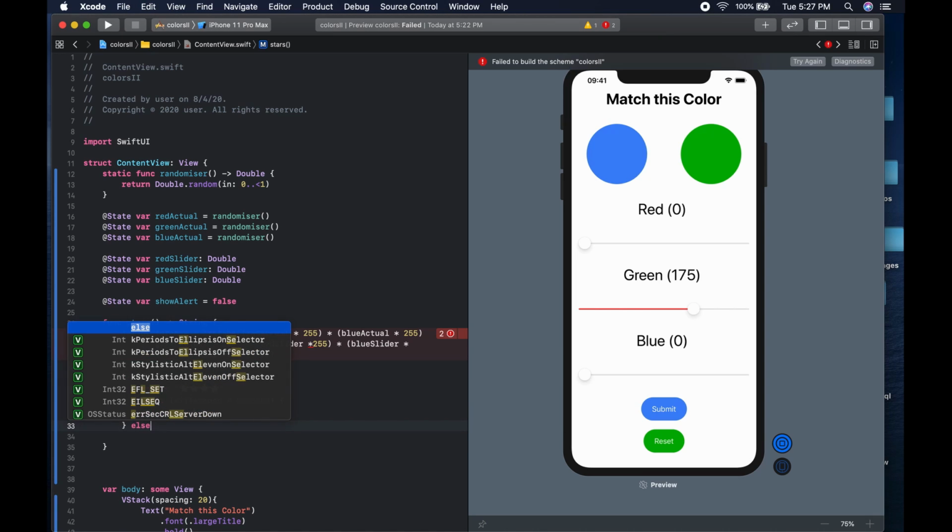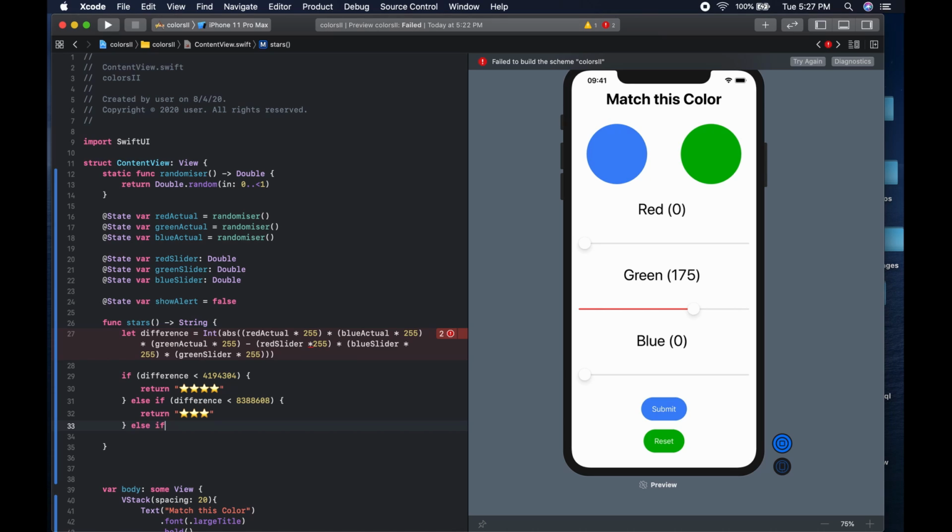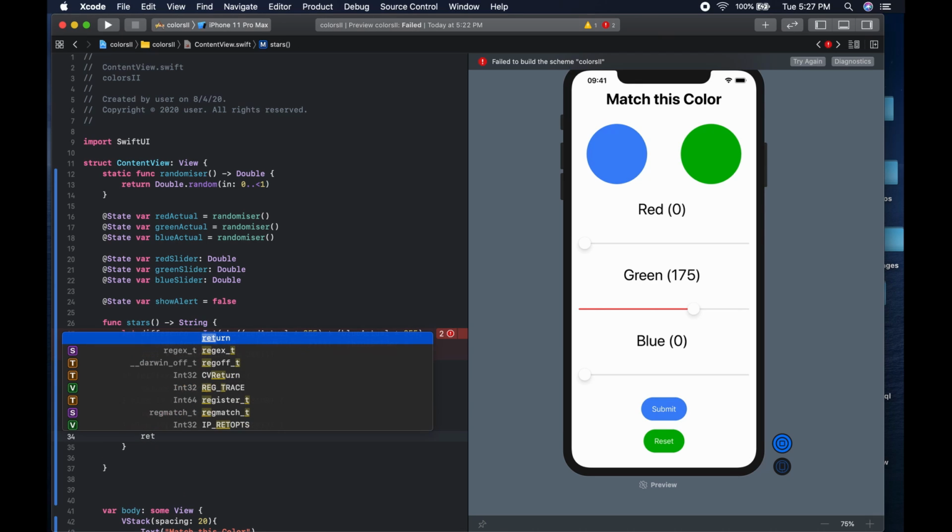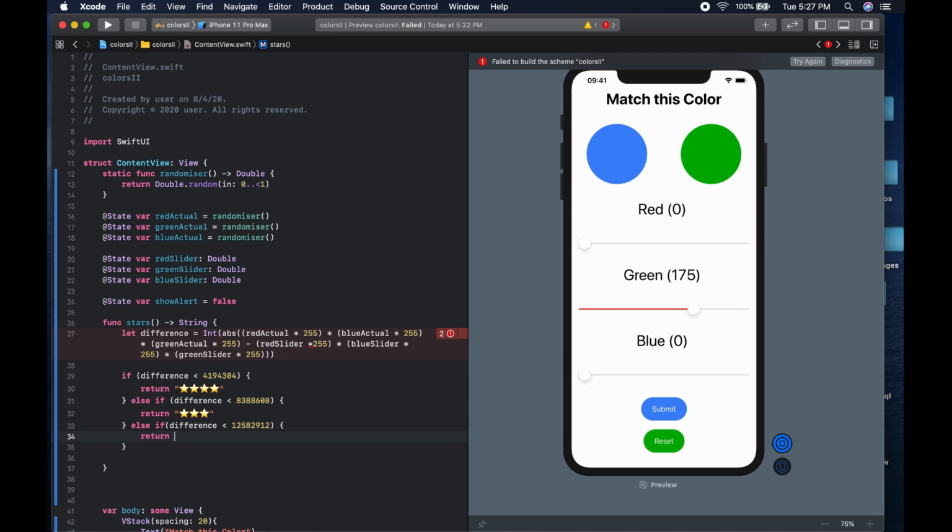We say else if difference is less than, what's the number, 125829120, return, we could do this, yeah, 2 stars, and then else,